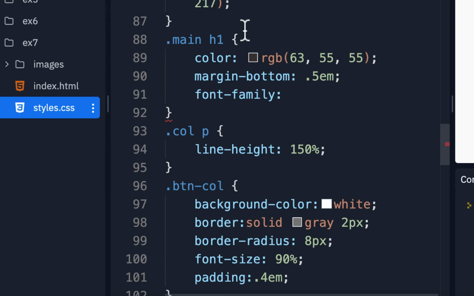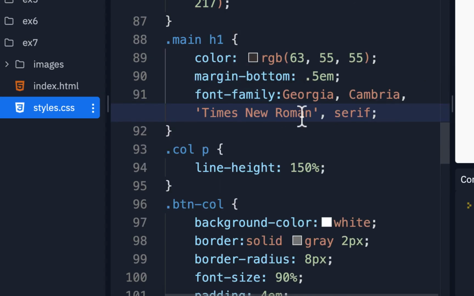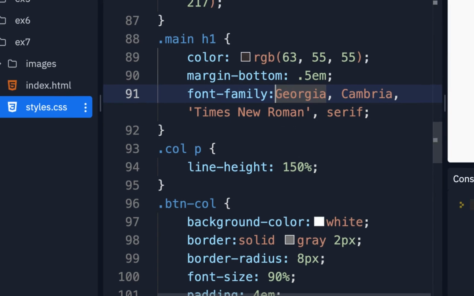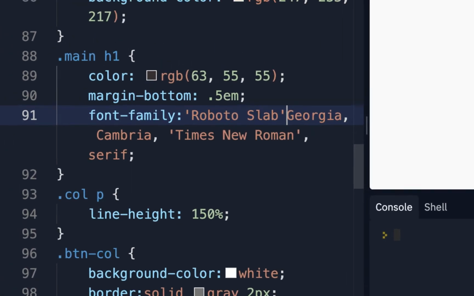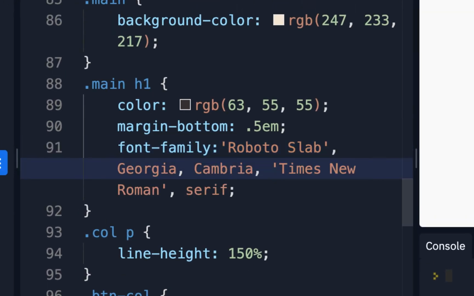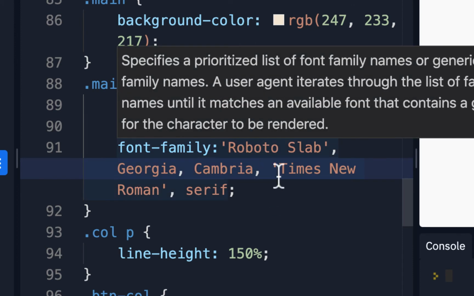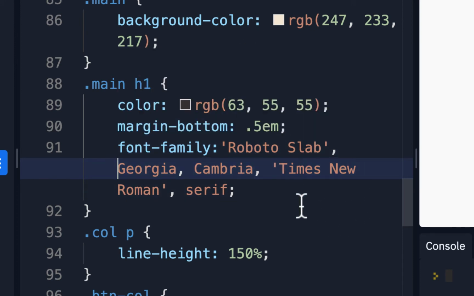So how do I do that? Well, I'll just go in here, do font family. I'll copy this whole thing. And instead of Georgia here, I'll just put Roboto Slab. I'll put a quote, put Roboto Slab, and put a space. If you have a space, you definitely have to have the quote. Now, I know I said something about the plus sign, but that's up in the link. You don't have a plus sign in there. So if I use Roboto Slab here,